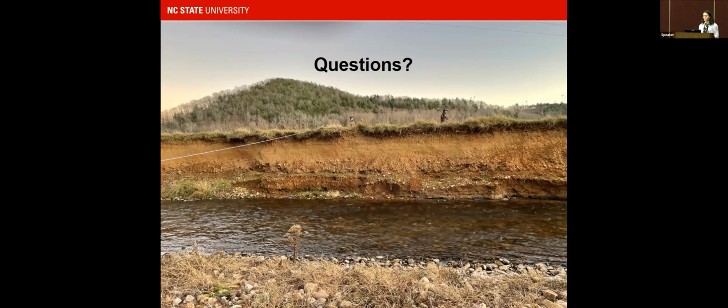In a lot of the streams you went to, there was more bedrock in the stream. So maybe applying it in a watershed where there's more alluvial material could result in